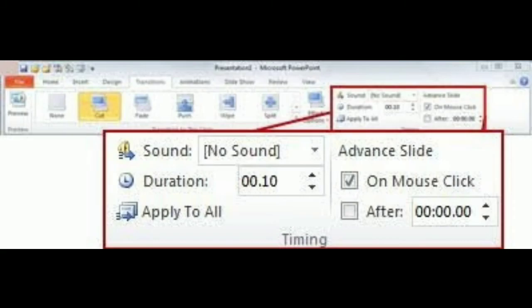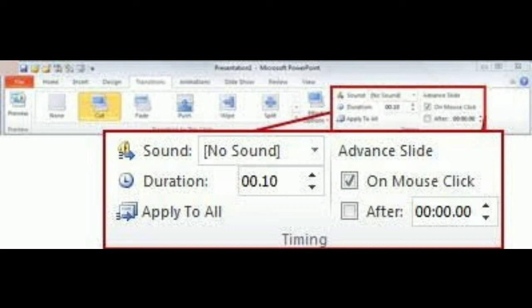If you want to move to the next slide after clicking the mouse, for this to happen you have to click on the on mouse click checkbox. See in this picture there is an option given for on mouse click. You have to click on that particular option in order to move to the next slide after clicking the mouse. At the bottom of that option there is another option given, that is the after option.